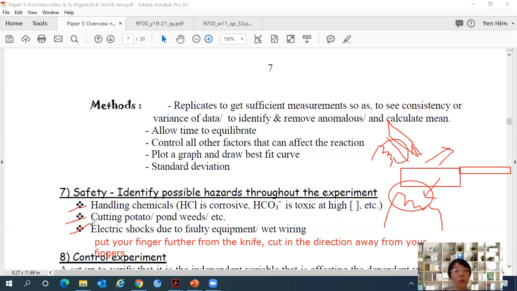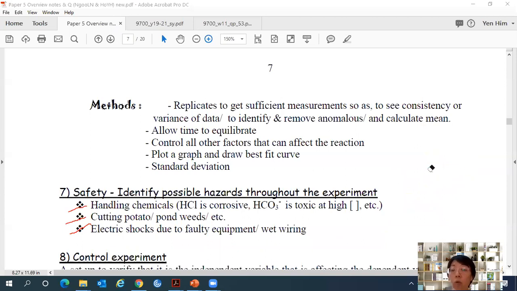Goggles, mask, and also gloves, especially for biological specimen. Biological specimen means specimen from plant, specimen from animal, specimen from living organisms, okay? So you want to protect your skin from allergy, so you can do that. You can write here, because this is just example, not the complete everything inside there. As you find more and more of them, you can add to your notes. This will be a very good notes for you for paper 5. Quite good one, huh? Okay, so after safety,